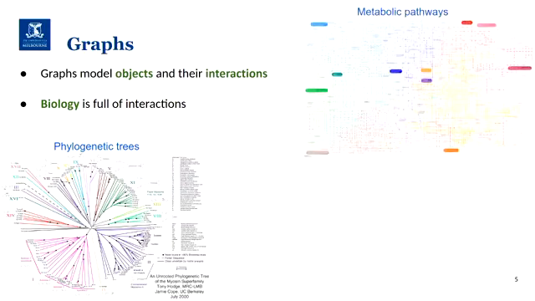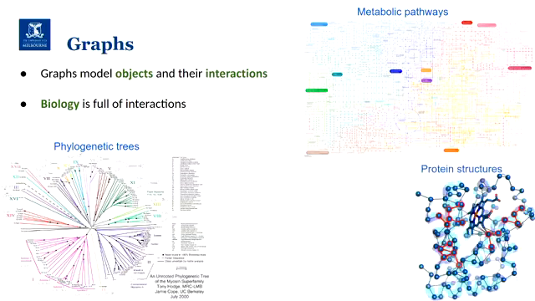And we could also have different other biological networks, for instance, metabolic pathways. In that case, for instance, we could model enzymes as nodes and metabolites as edges and how they interact in an organism to perform a given biochemical function. And the list goes on and on. So graphs are quite ubiquitous in biology.